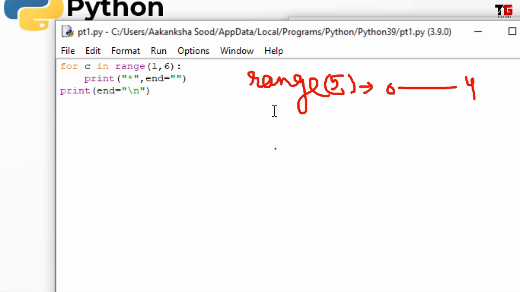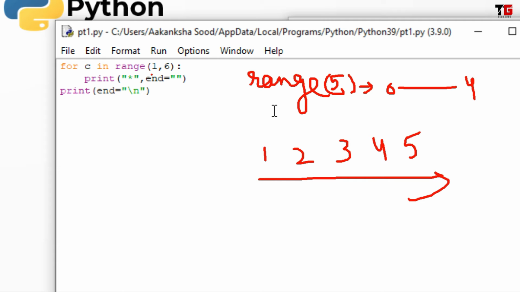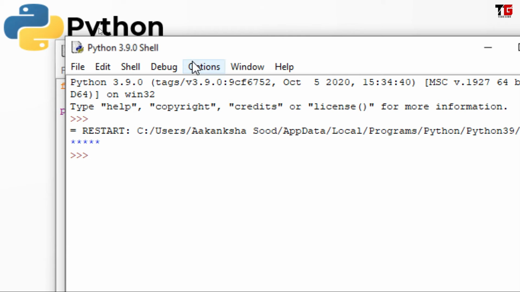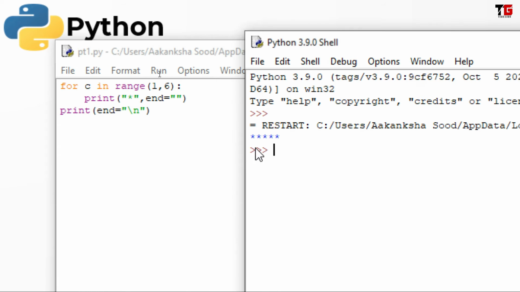But I want to keep it clear, I am printing 5 stars, so I want my counter to run from 1 to 5. That's why I am changing it from range 5 to range 1, 6. So right now I am printing 5 stars. Run the program. Look, I got 5 stars here.